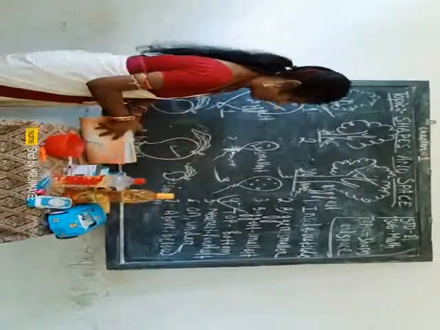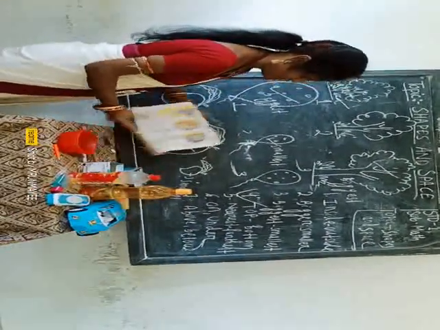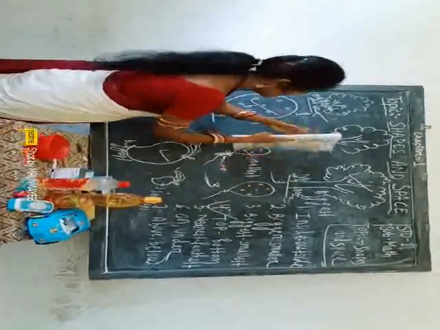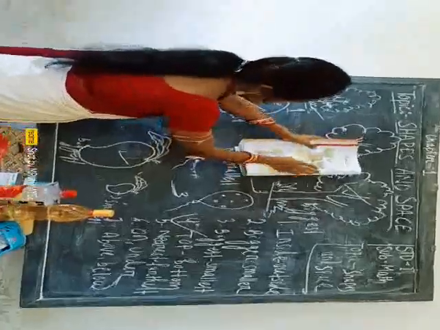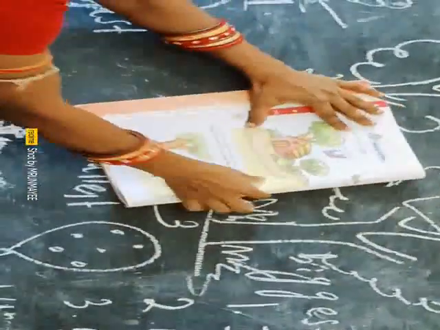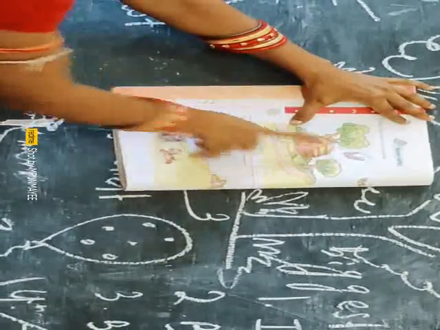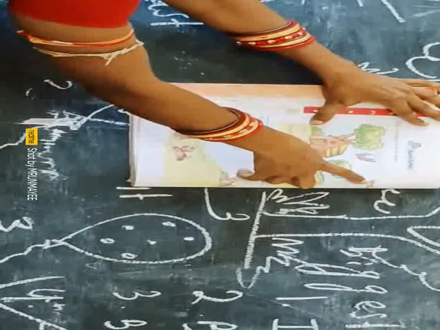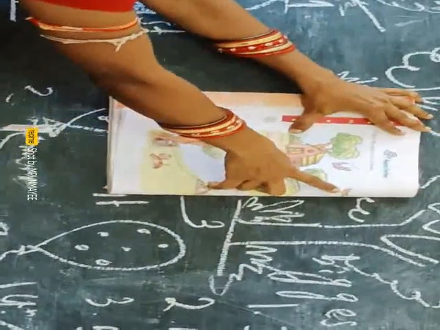Tell me now. In this book, in your first chapter, I will show you which one is near and which one is farther. Here you see, this is one tree. Two birds are flying, and here is one bird. Which one is nearer to home? This bird is nearer, and this distance is more. That's why it is farthest.